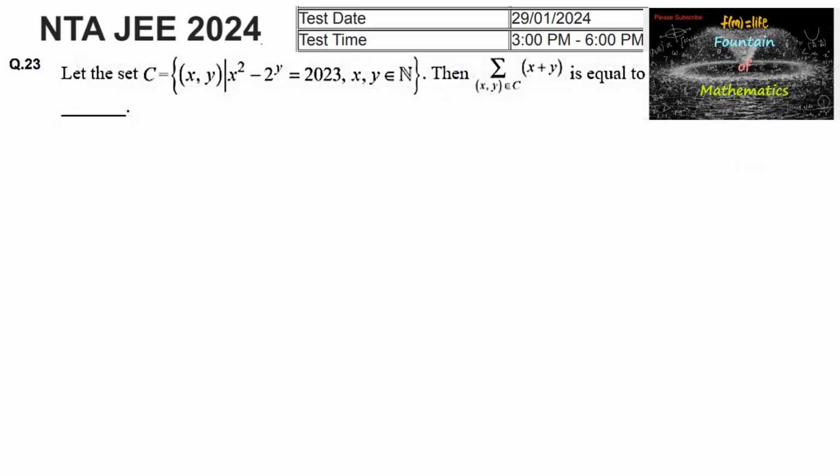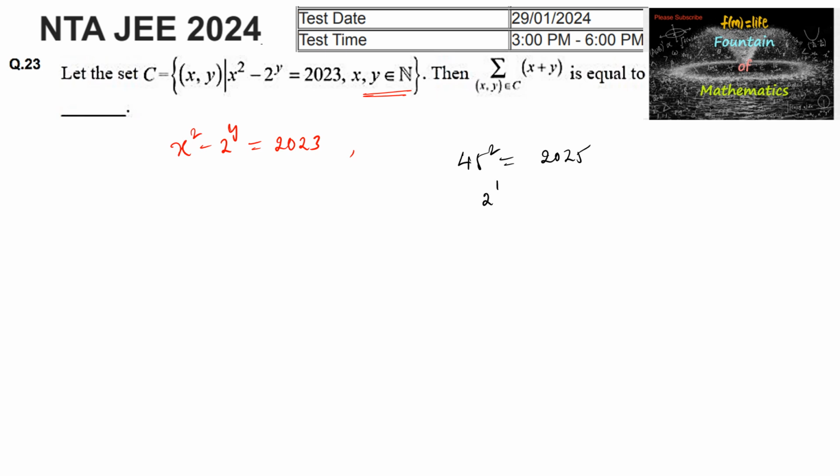Let the set C be the set of ordered pairs (x, y) such that x squared minus 2 to the power y is equal to 2023, where x and y are natural numbers. Then find the sum x plus y, where (x, y) belongs to the set C. And here there is only one possibility, since we know that 45 squared is 2025,